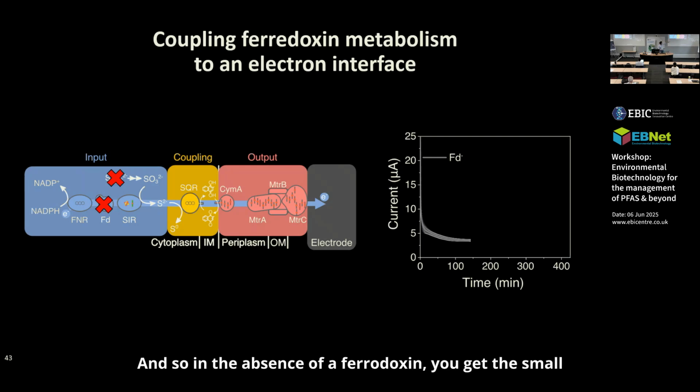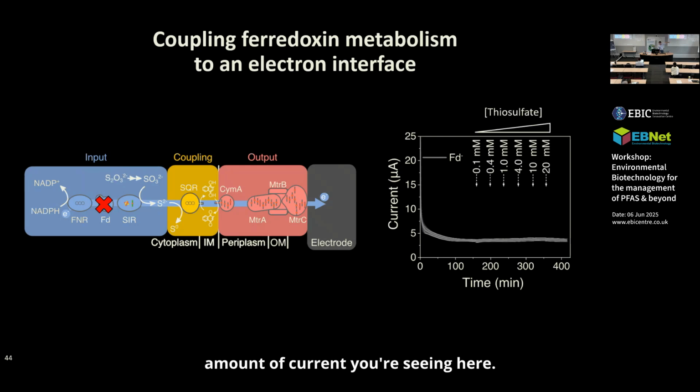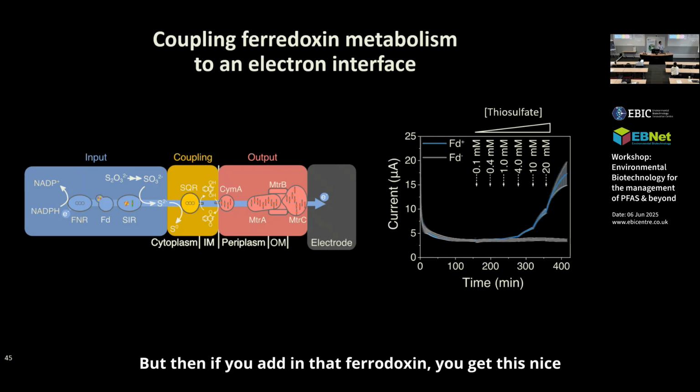And so in the absence of a ferredoxin, you get the small amount of current you're seeing here. As you add thiosulfate, you don't get any change from this. And so without that ferredoxin being present, there's no connection for the thiosulfate to make it out to the MTR pathway. But then if you add in that ferredoxin, you get this nice sharp response. And so what you're seeing here now is electrons that are actually flowing through this whole pathway coming out to the electrode surface. And you can do this in a concentration dependent manner, so you can sense thiosulfate in rather